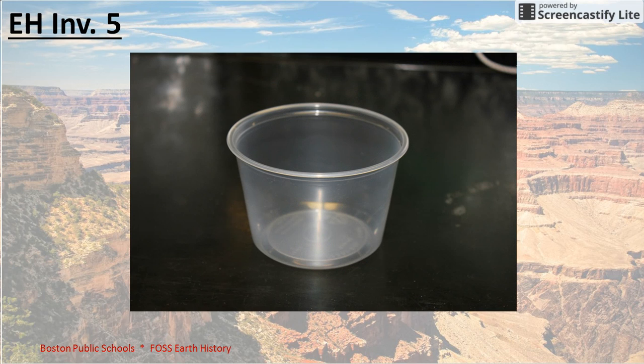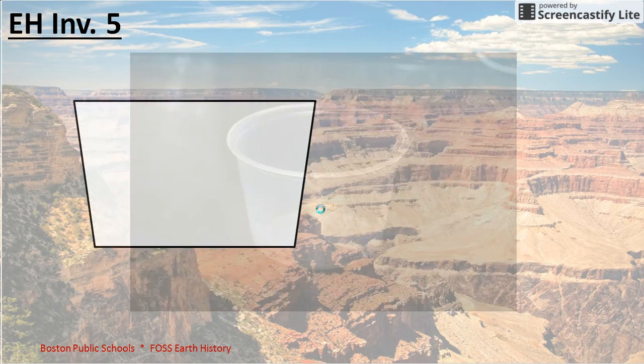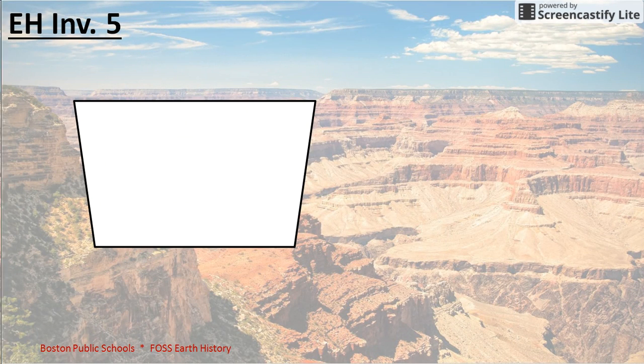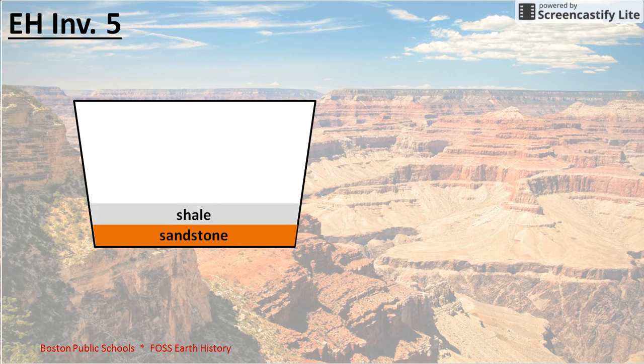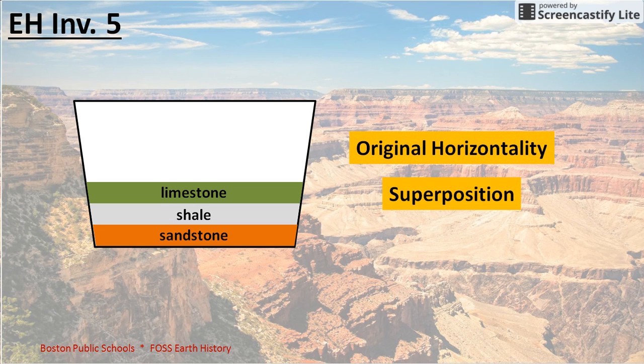The investigation ends with students going back to their basins where they put their model of sandstone, their model of shale, and they're producing a model of limestone on top. I'm very clear with the students that these are models of the 3 different types of sedimentary rock, that they're not actually producing real sandstone, shale, or limestone. But this is an important activity because by the end of this, they will now have these 3 horizontal layers, and it allows you to get to the 2 key ideas that you want the students to walk away with,